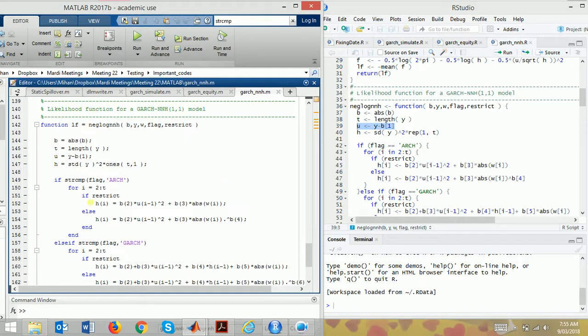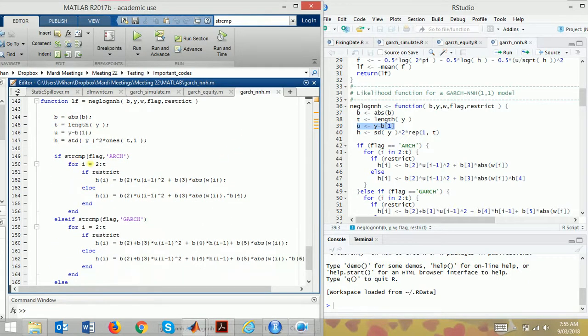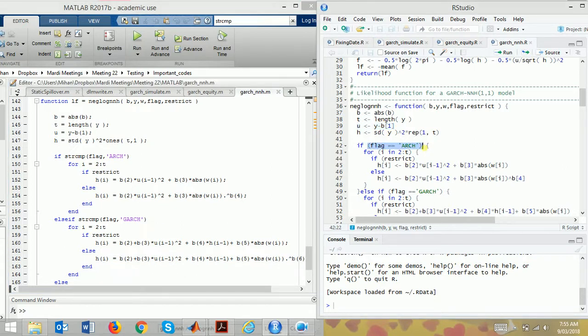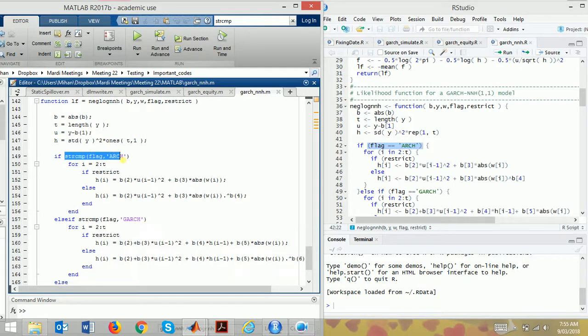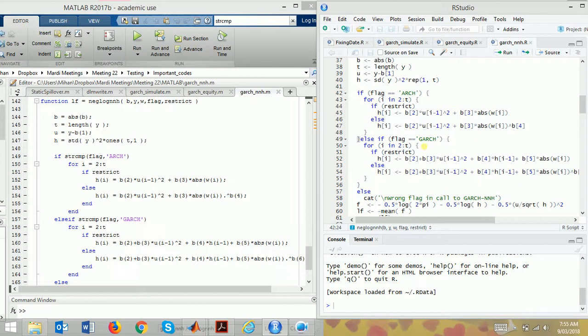This is where it comes from. And now string comparison, which means earlier we just used a flag against numbers, now we're going to use flags against string variables. In R it is easy. You don't have to differentiate, you don't have to pass this into any function. Flag equals arch. But in MATLAB it's different. So string comparison, flag arch. If we are passing arch, then